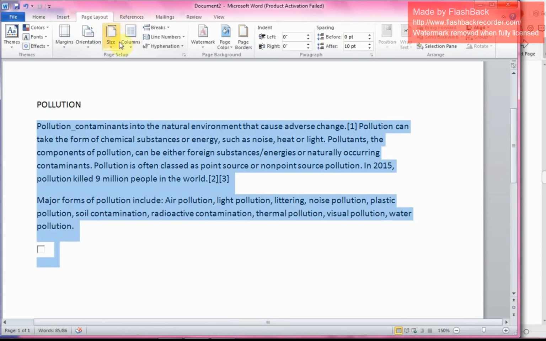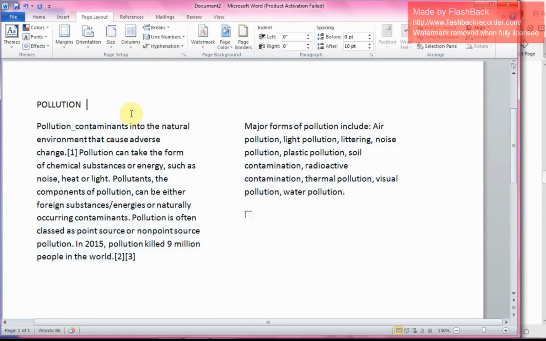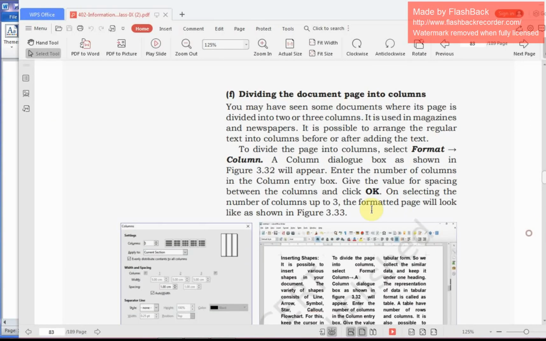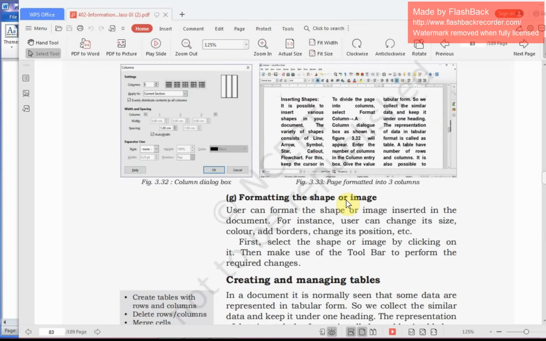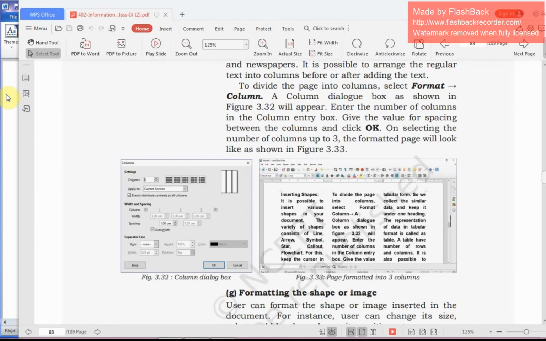Then click on the page layout tab. Here is the column option. So we select 2. You can see it here. The page is divided into 2 sections. So this is the basic thing.